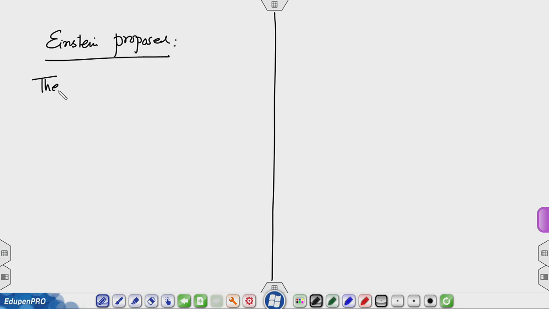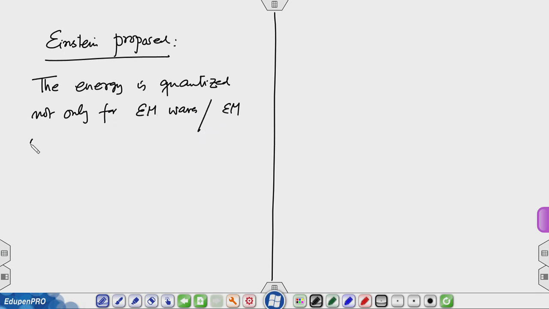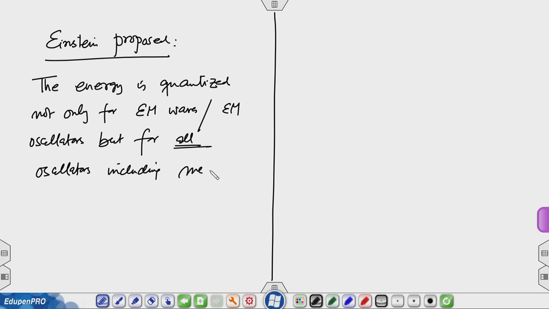The energy is quantized not only for EM waves or EM oscillators, but for all oscillators, including mechanical oscillators. So, in a crystal where I have these atoms which are oscillating about their positions with some frequency omega,